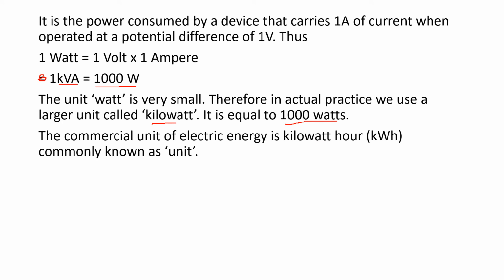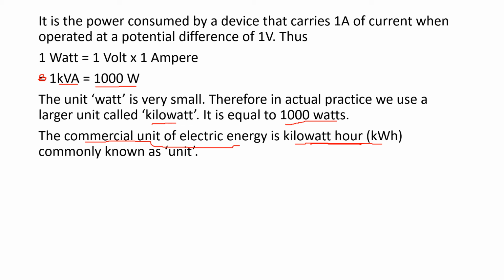Now, kilowatt hour is the commercial unit of electric energy. Every 2 months you get an electric bill in your house. The electric bill says you have used this many electrical units. So what is an electrical unit? It is nothing but kilowatt hour. So now you can calculate the amount of electric bill you get in 1 month depending upon how many electrical devices you use in your house and for how many hours per day. So the electric bill has something called the commercial unit. The commercial unit is 1 kilowatt hour.